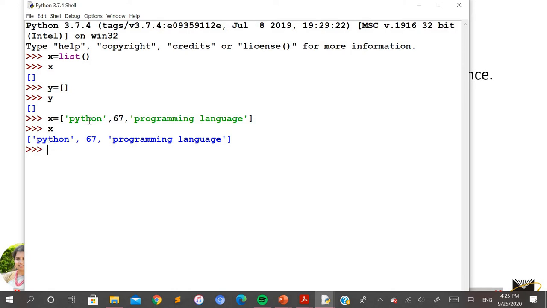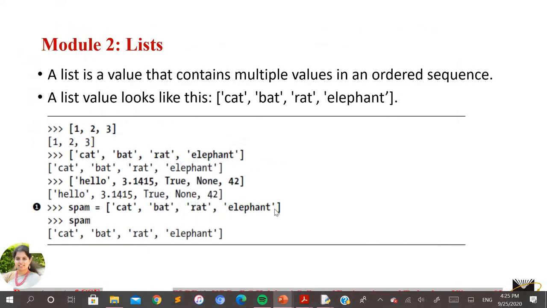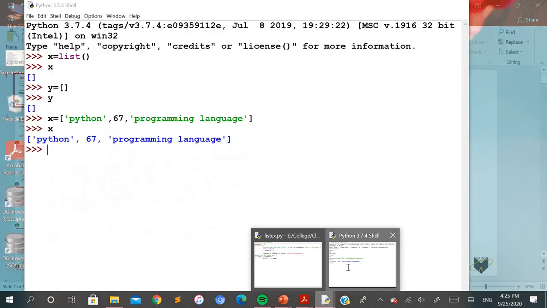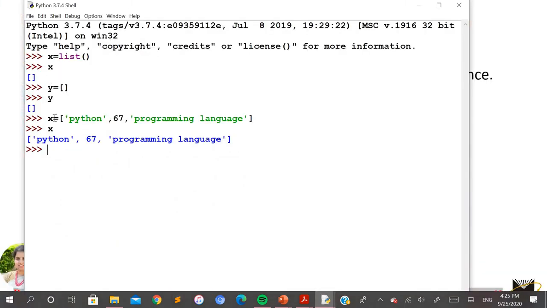So you can see here within the same list, I have taken two different data types. That is, two elements are of the string data type and one element is of the integer data type. So do remember that in the list, whenever you want to add elements, you have the facility to add them with different data types. So I hope you are clear with at least the syntax required for creating the list variable and adding the elements to it. This is the simplest way that you need to remember here.